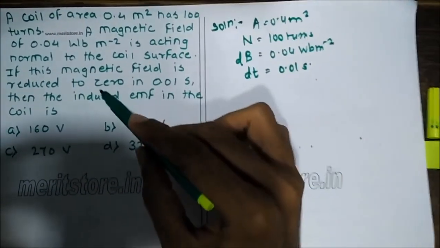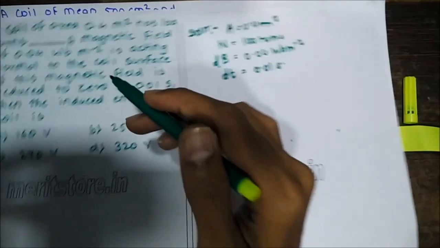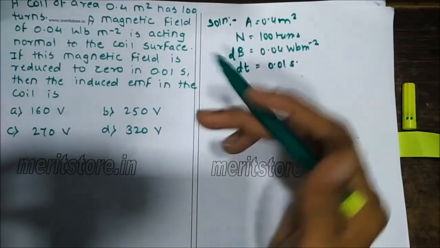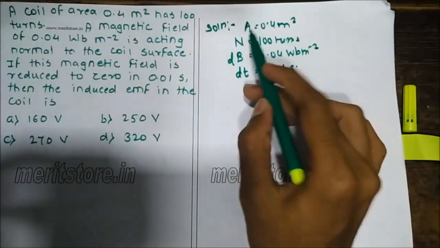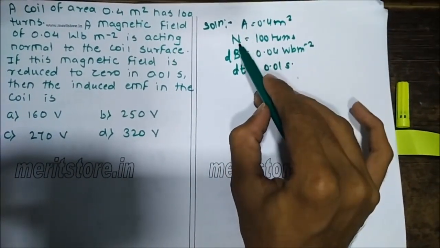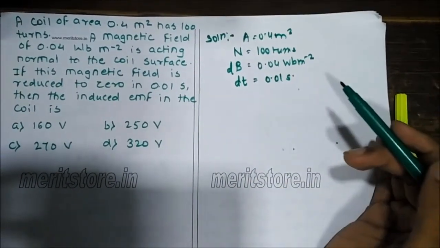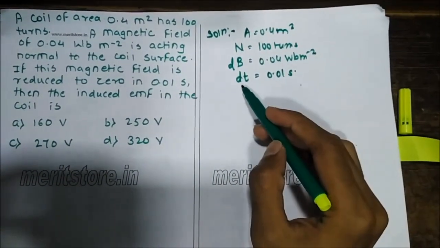If this magnetic field is reduced to 0 in 0.01 seconds, then the induced EMF in the coil is. Options are 160 volts, 250 volts, 270 volts, or 320 volts. Here we are given A, the area, which is 0.4 meter square. Then we have N, the 100 turns. Then we have the change in the magnetic field, that is 0.04, and then we have the time,